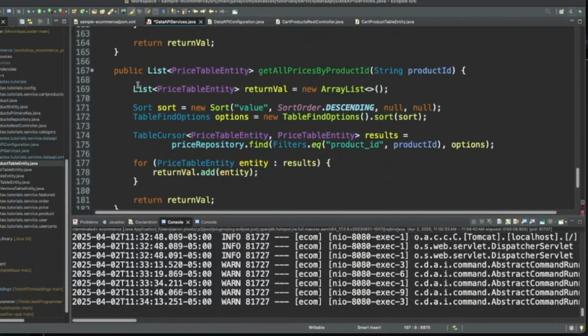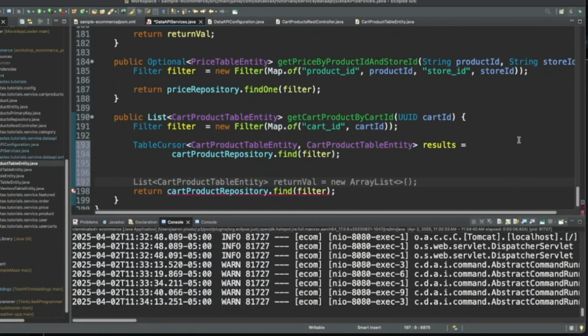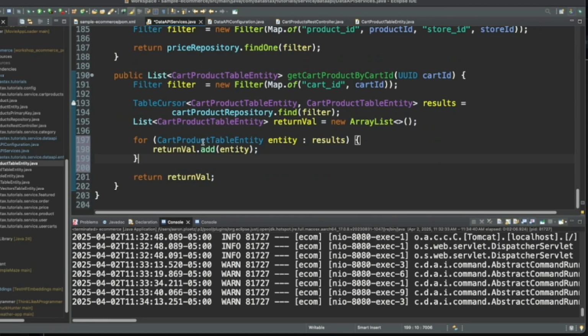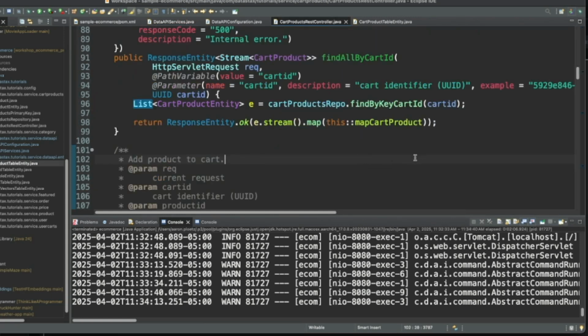Okay, and then we're going to create a new list called return val. And we're going to return that down here. There we go. So now let's iterate through each cart product table entity in the results, and we're going to add it to return val and then return. All right. Next, let's go back to the cart products REST controller.